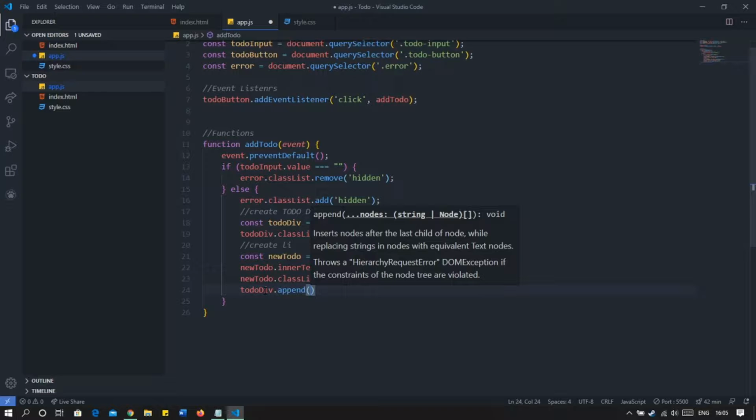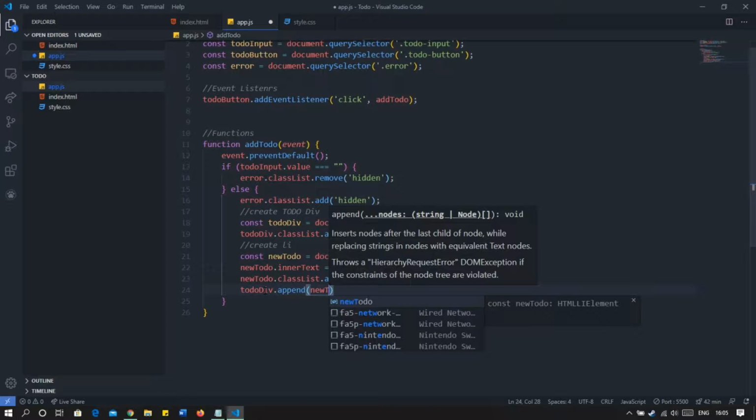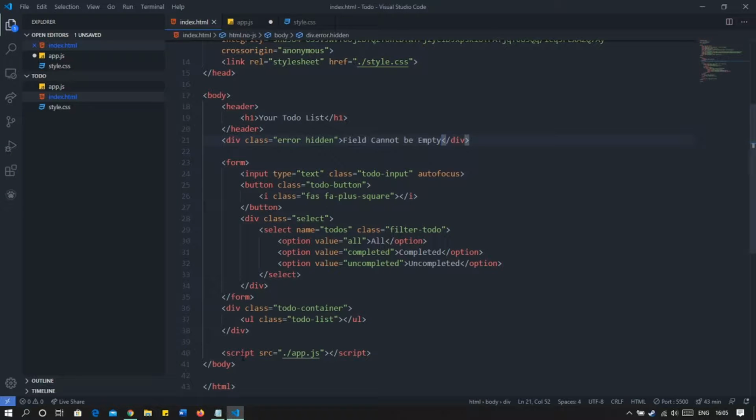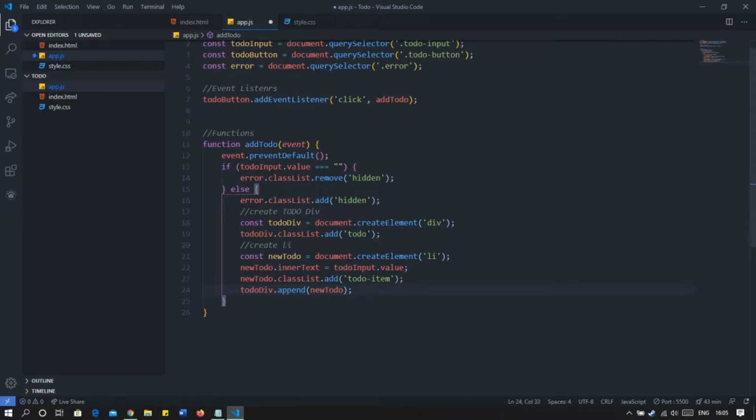So new to do, this is our list, so we will add it there, and finally we will add this complete division in this to do list element so that we can show it on the browser. So we'll go stepwise.